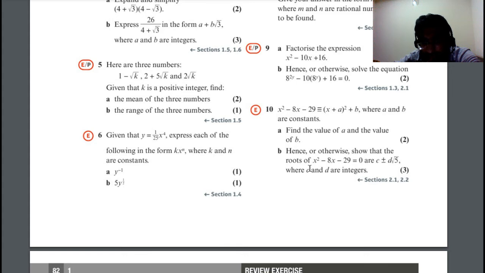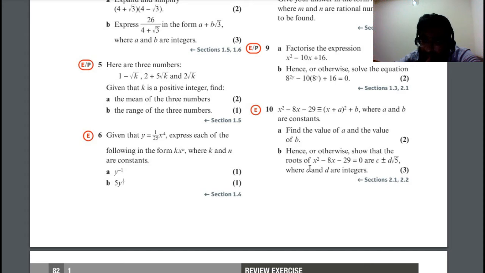What is that called? The discriminant. So b squared minus 4ac, where b is minus 8. I'm doing all this in my head. 8 plus or minus root b squared, which is 64, minus 4 into